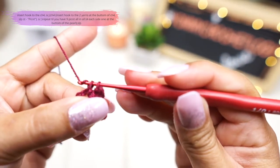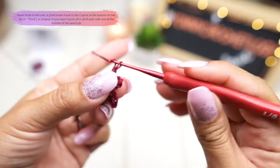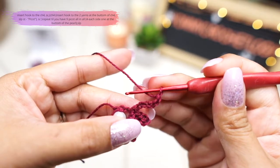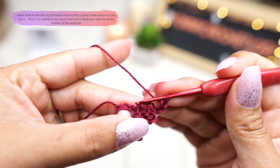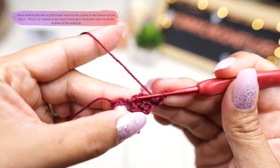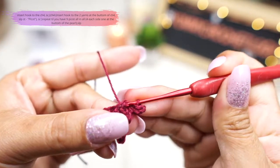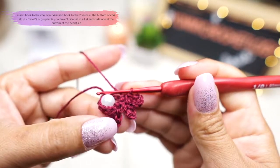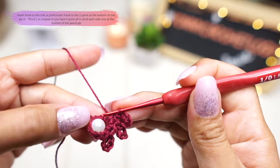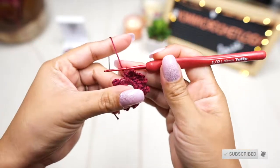Okay, wrap your yarn and pull it through, and chain of 5, 1, 2, 3, 4 and 5, and at the bottom of your 5 chain there should be 2 lines, okay, 1 and 2. You have to insert your hook in there, this one and this one, and make a slip stitch. Again, you have another 3 picots. So you have to make 4 picots on the side, 1 in the middle here, and another 4 on the side. So I'm already at my last picot, which is the 5th picot, and I'll just have to slip stitch